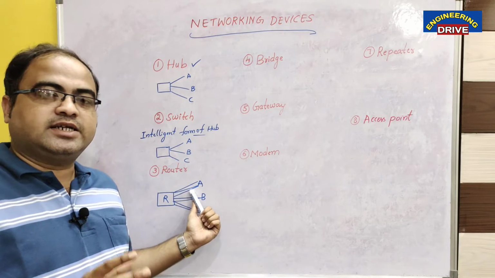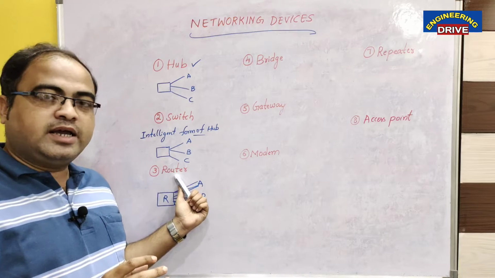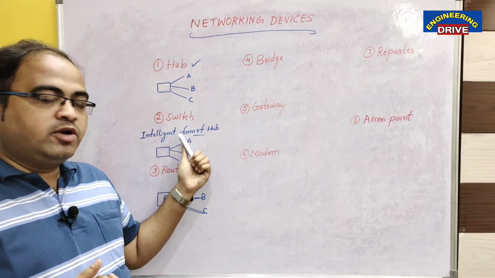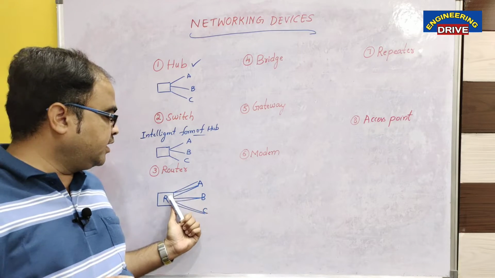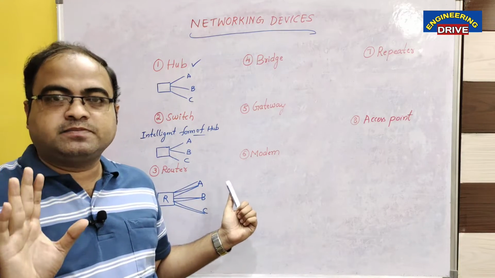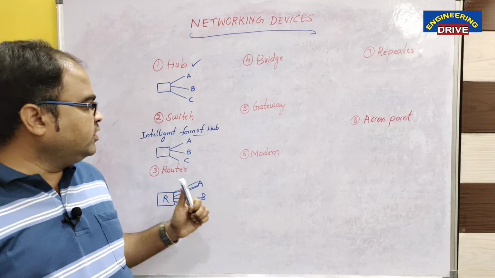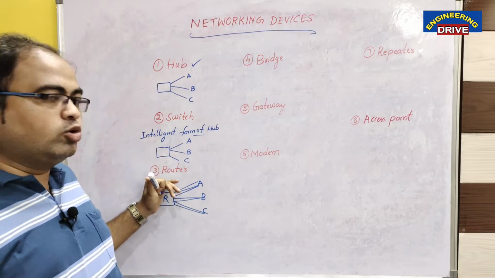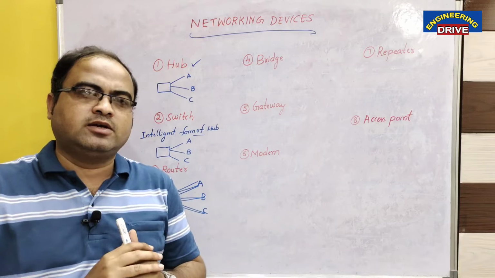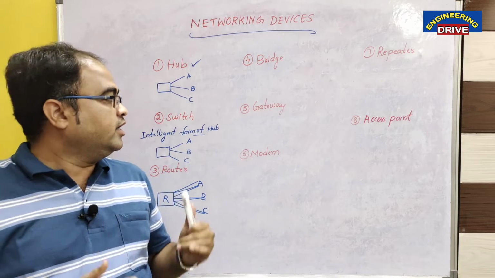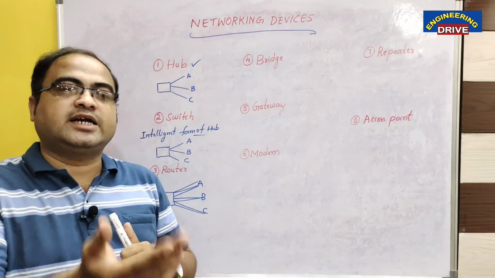Meanwhile, you just understand that a router is an advanced form of switch where the efficient route or efficient path will be selected to transmit the required packets. This is router. Now, if you see this hub, switch and router, their goal is same. What is their goal? Transmission of data. But where is the difference in the way of sending the data?